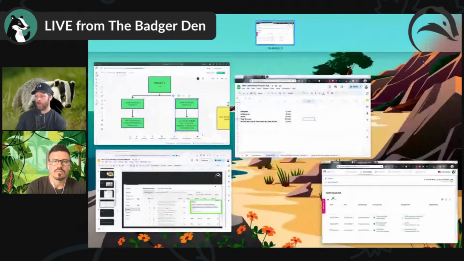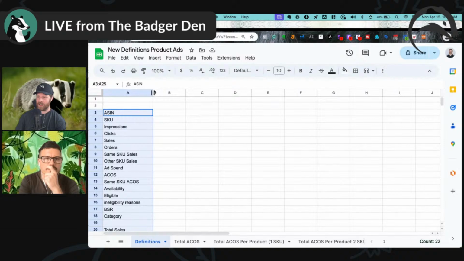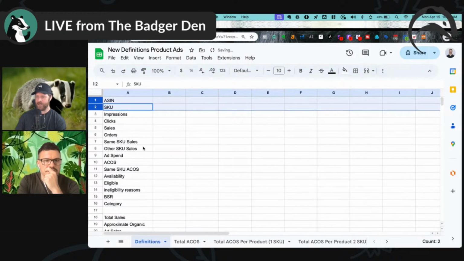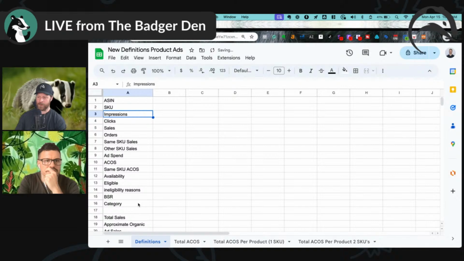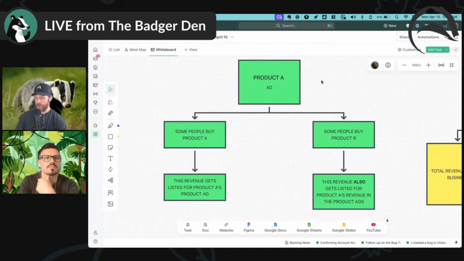And what I'm really excited about is that we're going to be branching out here. We're going to be dropping a lot more columns, which I'm really excited about. And I really do think it's going to change the way that people interact with their advertising data and their total ACoS data. Because you can imagine here, when you have something like this,